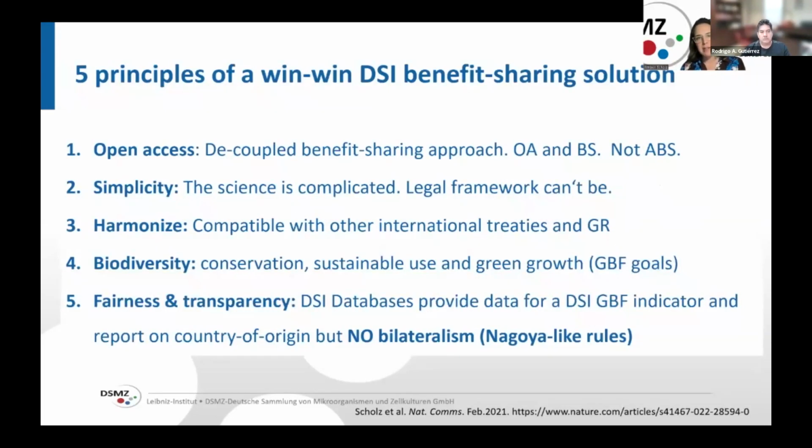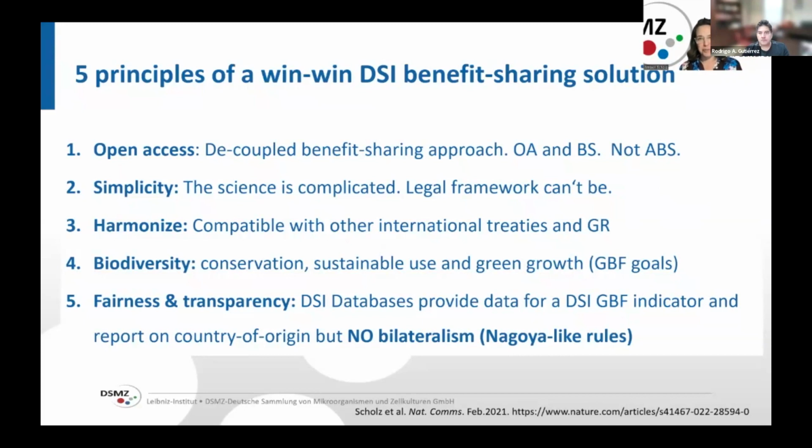The principles that we outlined in this article were really quite simple, probably for this audience. I hope that they resonate. We said that benefit sharing needs to be decoupled from access, that we saw the moral and ethical compulsion for needing benefit sharing, but that it had to be compatible with open access principles, that the solution needed to be simple, that the science of big data is complicated and the legal framework couldn't be,